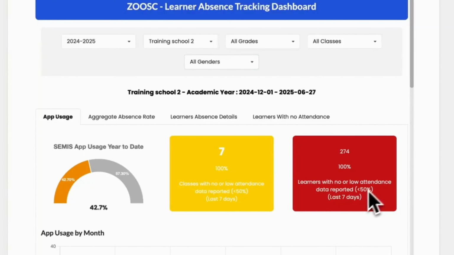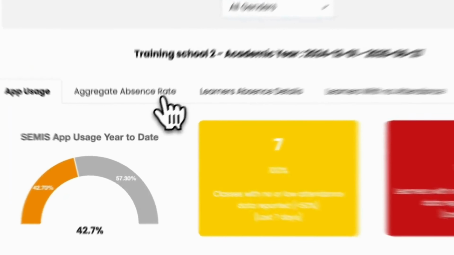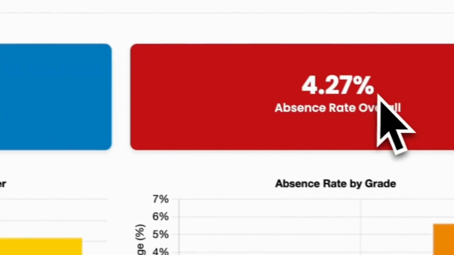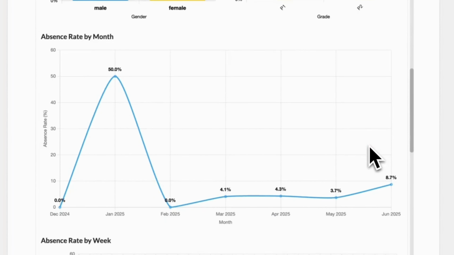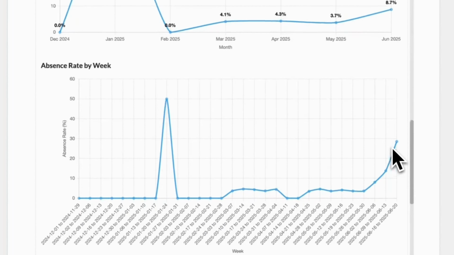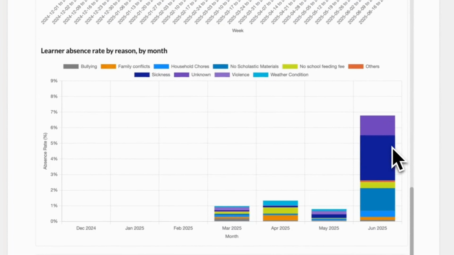Next, check the Aggregate Absence Rate tab to view overall attendance, absences by gender and grade, and spot trends over time. The data conveys total number of absences in school days. The absence rate is displayed by month and week to spot time trends, and by absence reason to identify challenges